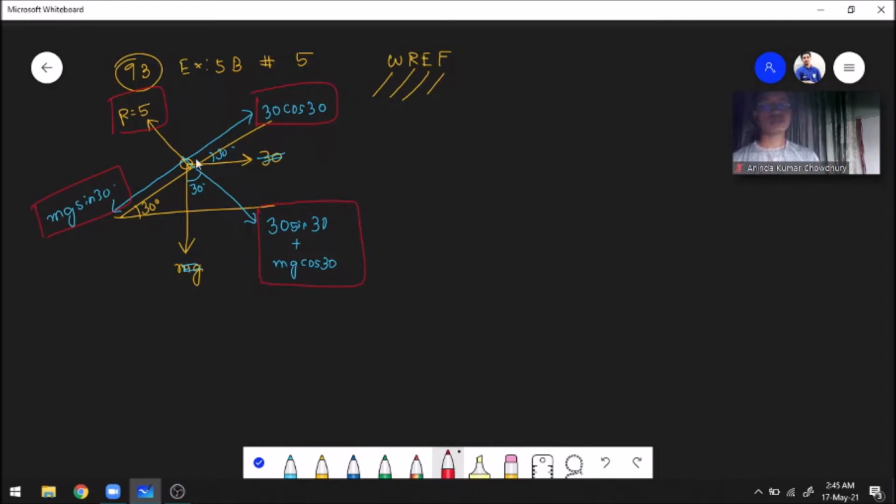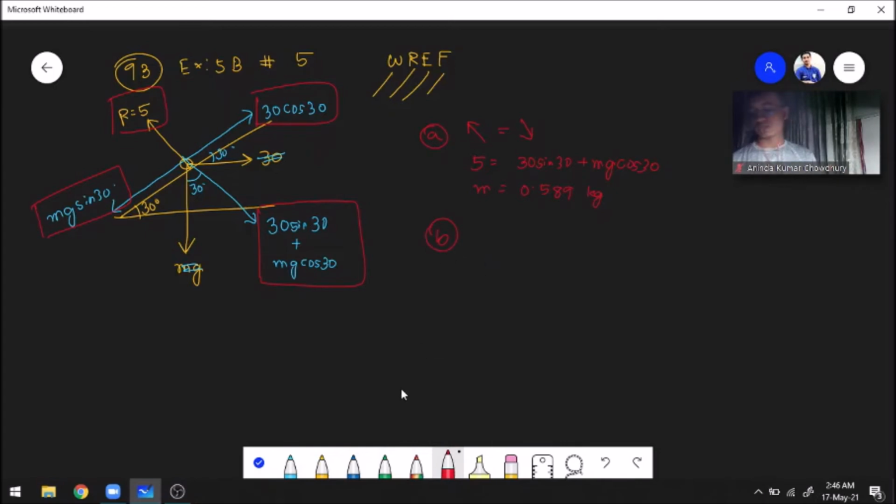Now we know that the particle maintains an equilibrium perpendicular to the plane. The particle is not jumping as it goes up the plane or down the plane. Therefore, perpendicular to the plane, the particle is remaining in equilibrium. Therefore, we can say that this force is equal to this force. It maintains an equilibrium in this direction. So this direction force is 5. And the downward force is 30 sin 30 plus mg cos 30. G is 9.8, so we know everything other than m. That will allow us to find the value of m, that is 0.589 kg. That's your mass, and that is our answer to part A.